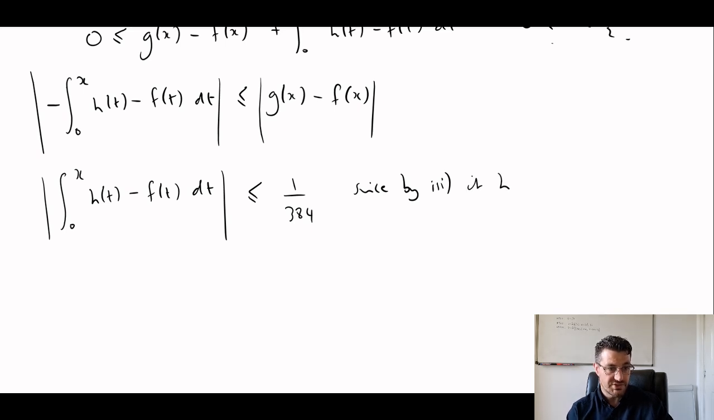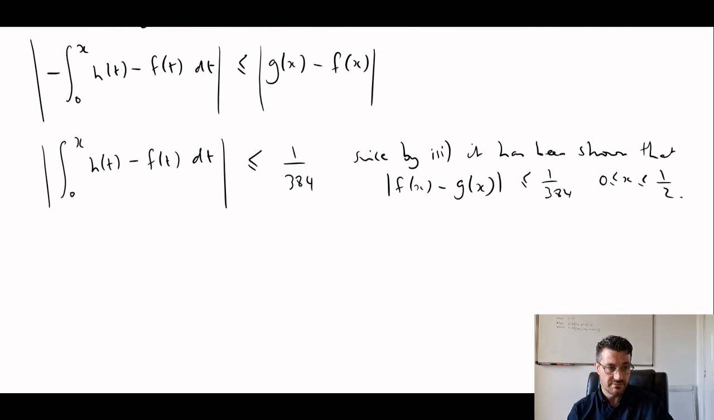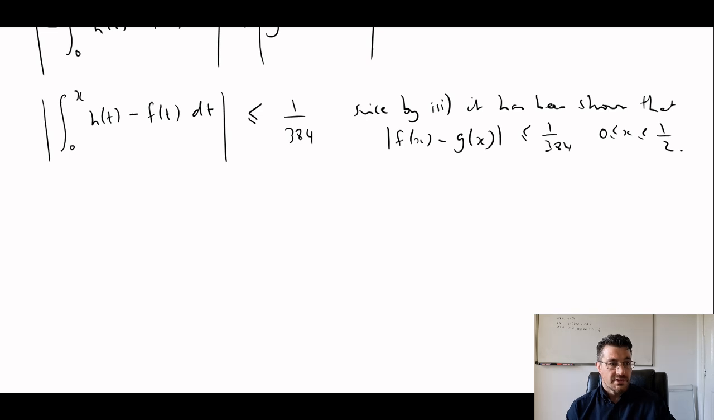It has been shown that the modulus of f of x minus g of x, or g of x minus f of x, whatever, is less than or equal to 1 over 384 for 0 less than or equal to x less than or equal to a half. Make it clear where you're drawing your conclusions from. So now, this integral on the left-hand side, we know